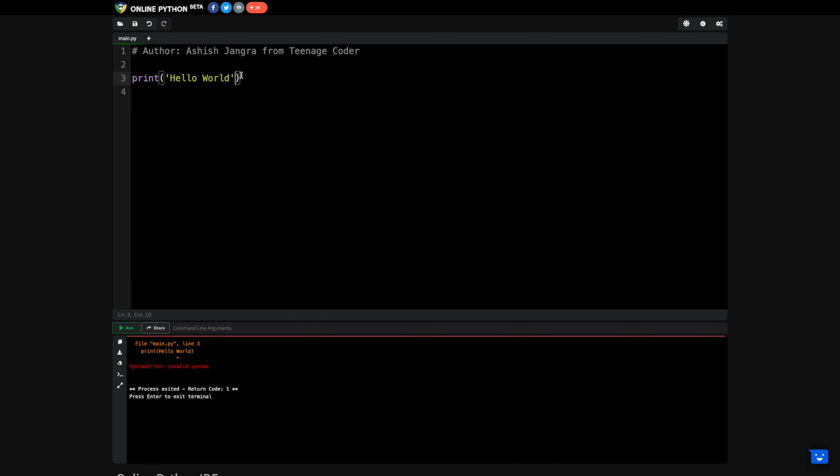So I have put it inside a single quote, and now if I'm executing the same, I'm getting the value. But if I'm executing it inside double quotes, what will happen? If I'm executing it inside a double quote, it is still giving you the same result. Clear? So that is why whenever you are writing any kind of text, make sure to write it inside quotes. Clear?